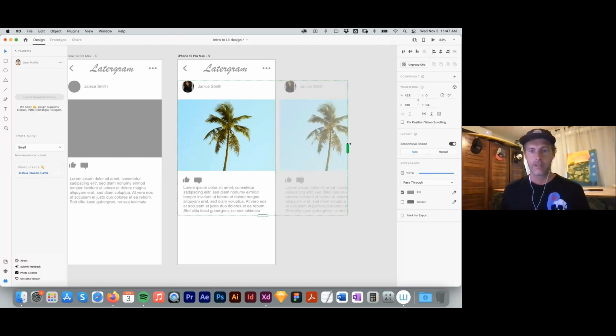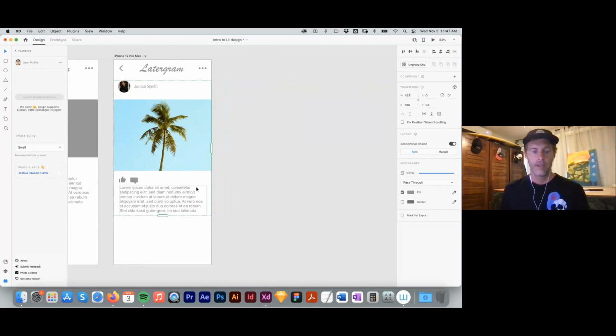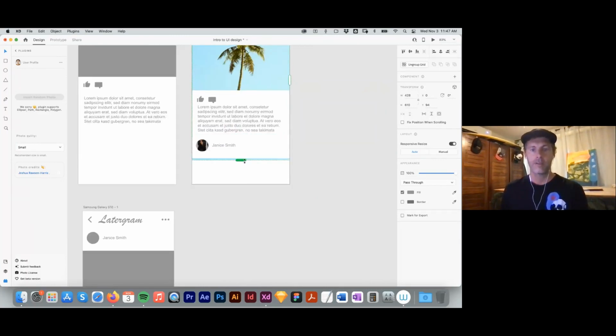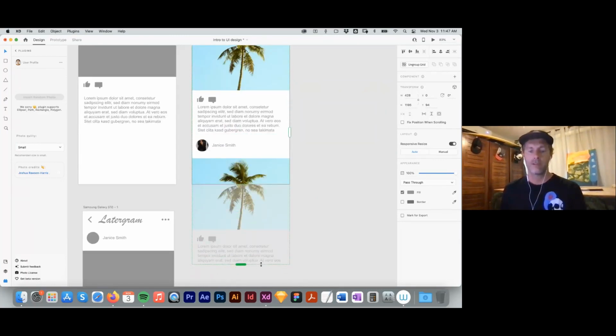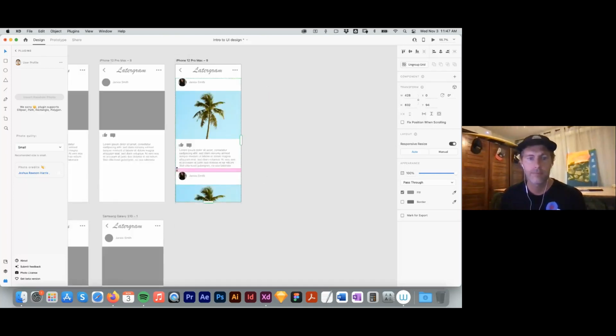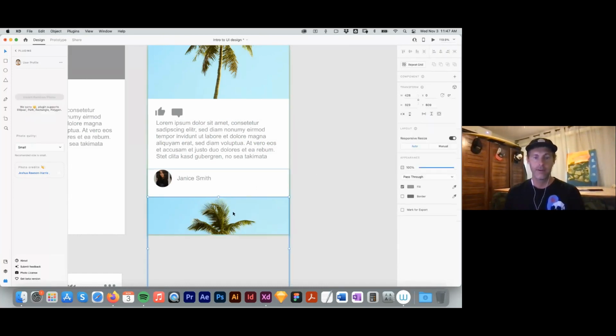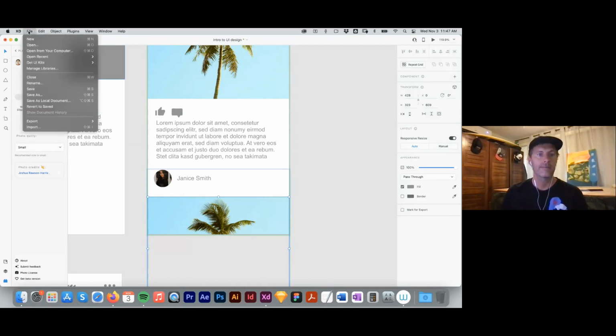If I go this direction, I get a repeat in the horizontal. And if I go this way, I get a repeat in the vertical. So if I zoom out, you'll see this just does this forever. Each one of these is exactly the same layout, scale, and distance from each other, but they're still totally editable. So I can now double click this photo and I can say,